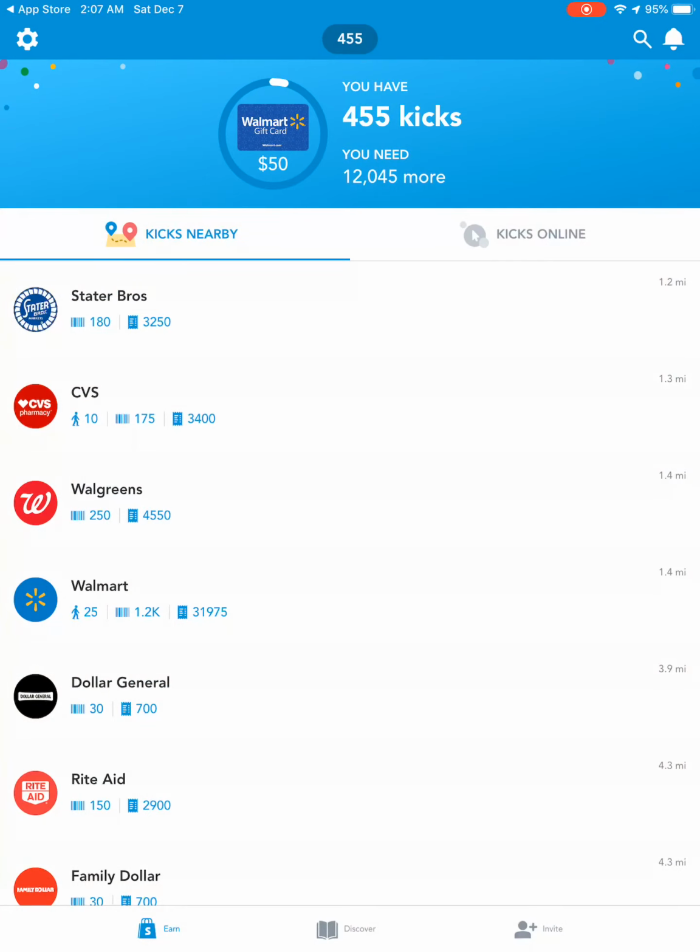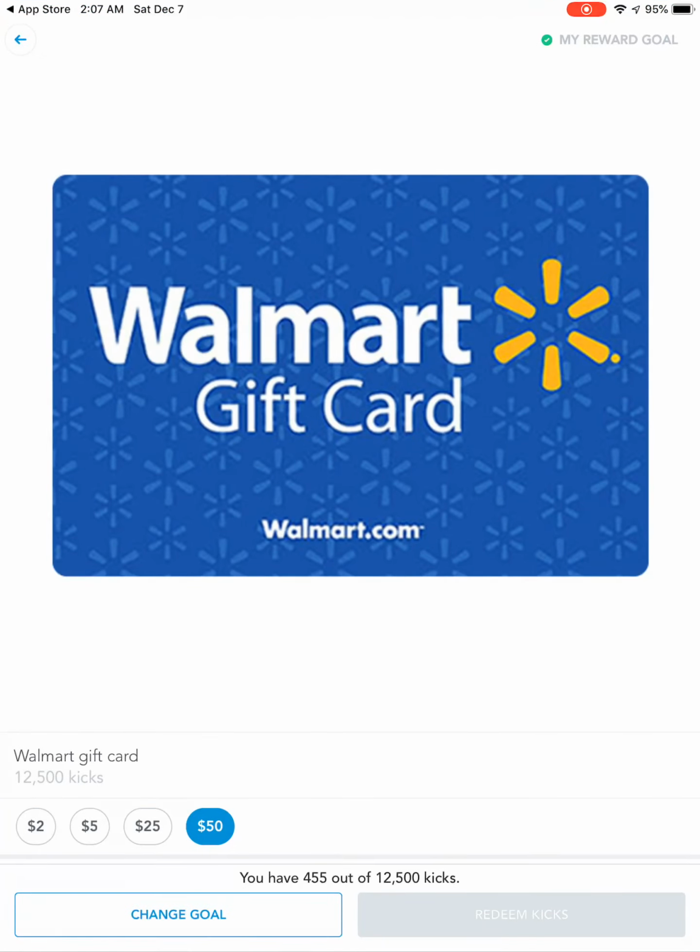I'm already logged in, but when you first go, it's going to send you through registering for your Shopkicks account. And you can register either using your Google, or you can register using Facebook, or you can create a username and password to get into your Shopkicks. Once you get into your Shopkicks, it's going to ask you what gift card you may be working towards